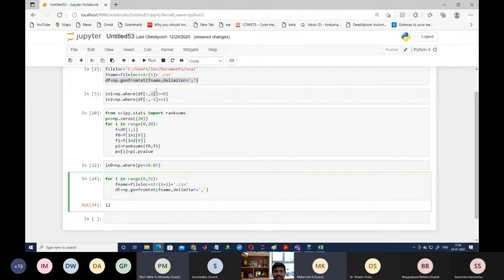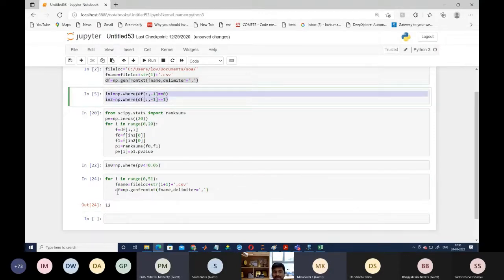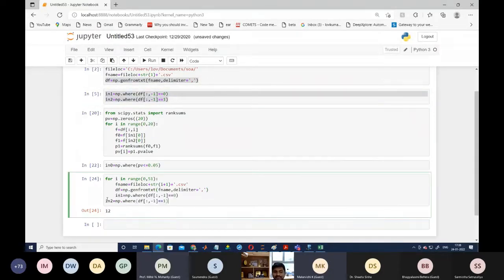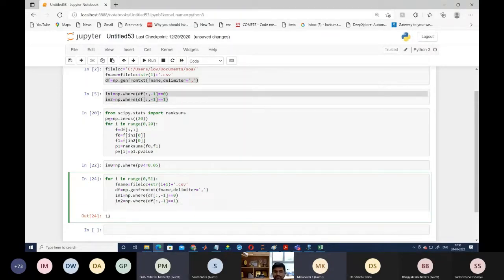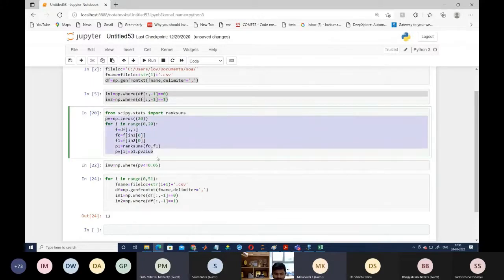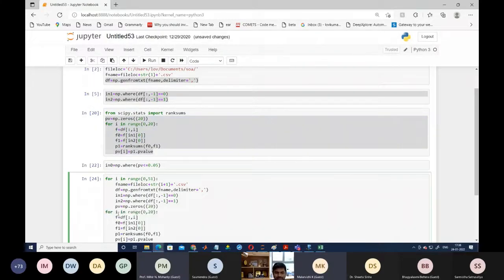Once you read the data, we are going to find which students of that college are getting a job, meaning the IDs of the students who get a job and the IDs of those who do not. Then we use the same code we have written here, J for J in range of this one.